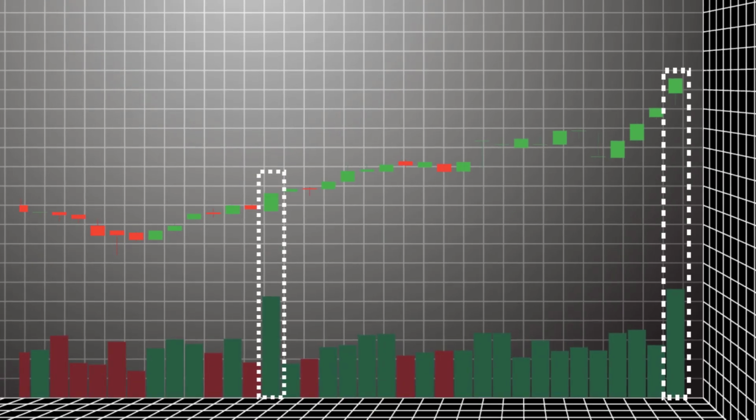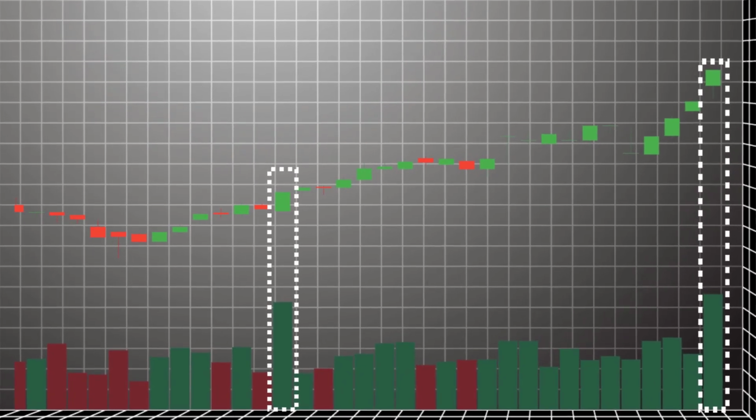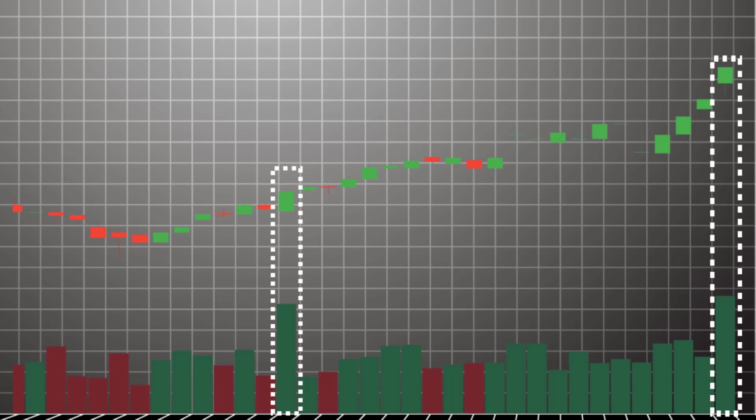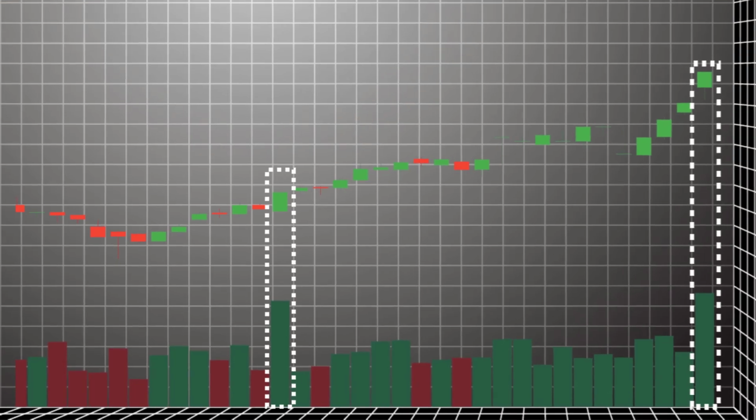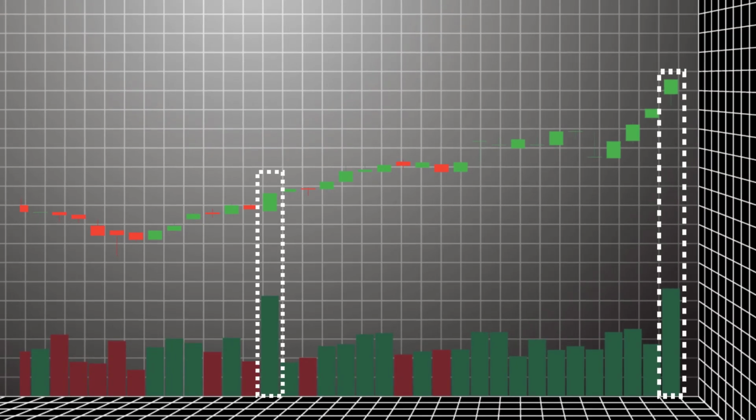When volume is high and the price is moving up, it signals strong buyer activity, with most trades happening at the ask price. This often indicates a continuation of an uptrend or even the start of a new one. It can help you spot turning points or confirm an existing bullish move.